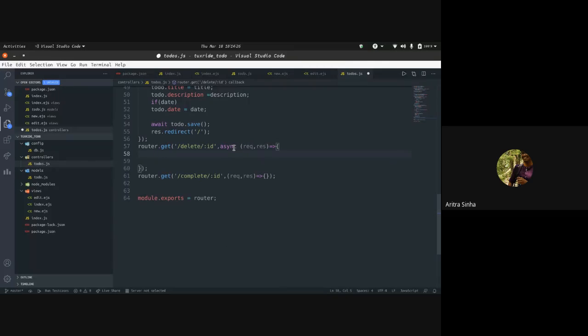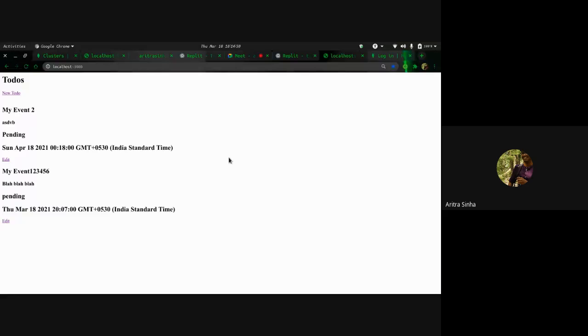So we can write let to do equal to await to do dot find by id and delete, and we just mention request dot params dot id to do it, and it will delete the to do if present. If not, it will just go ahead and we'll be done with deleting a to do.